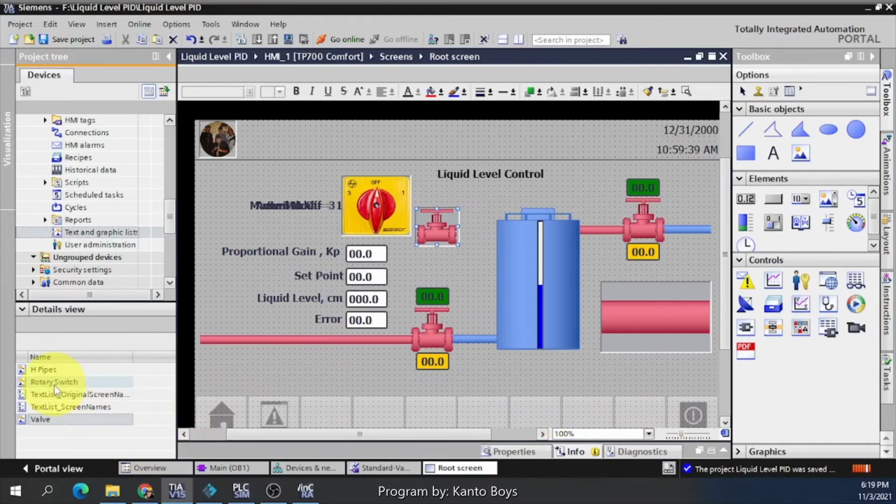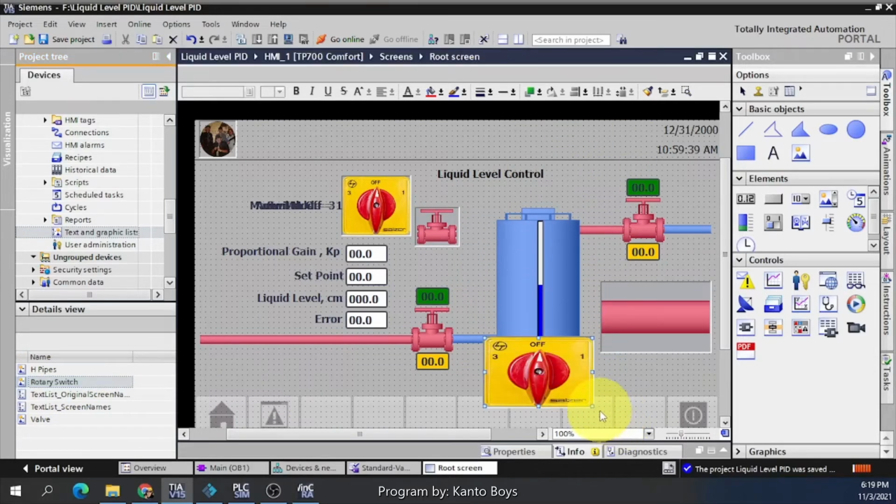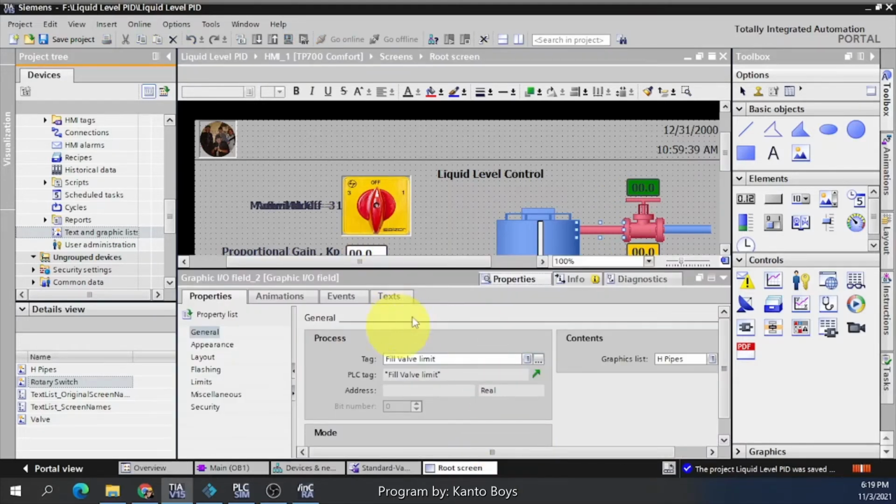The same also here in the rotary switch. You put it here, then adjust the size. Okay, I will delete this. So drag and drop. Here I change this. If you click, we go here in properties.